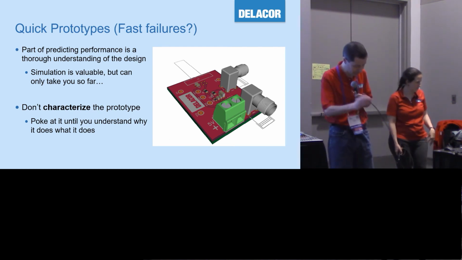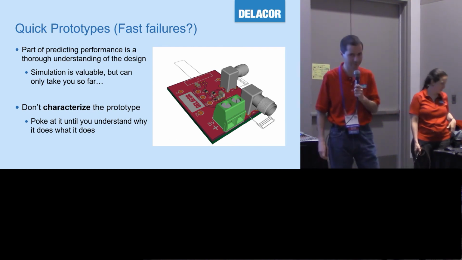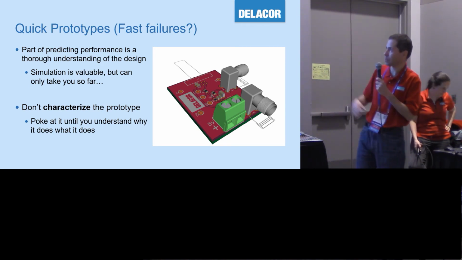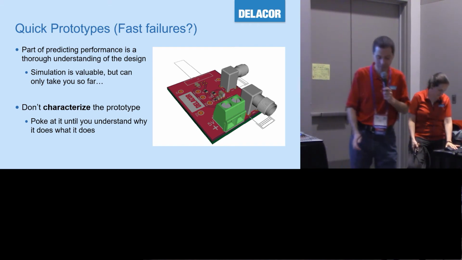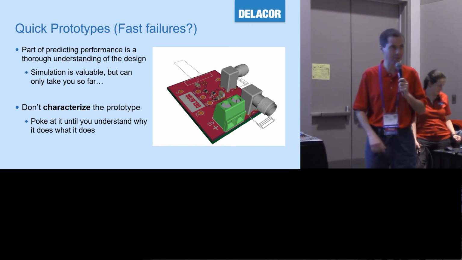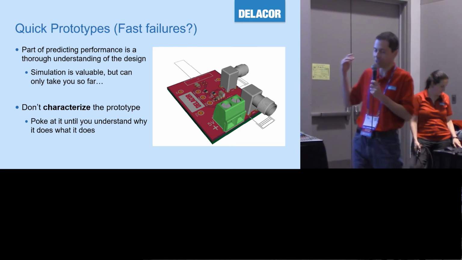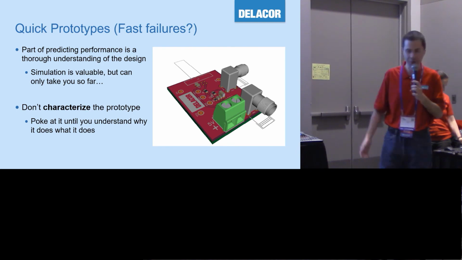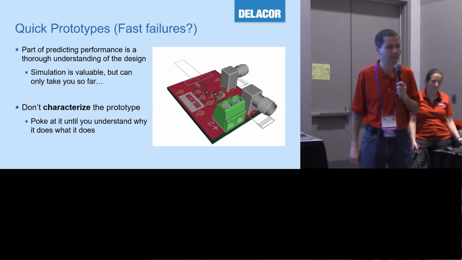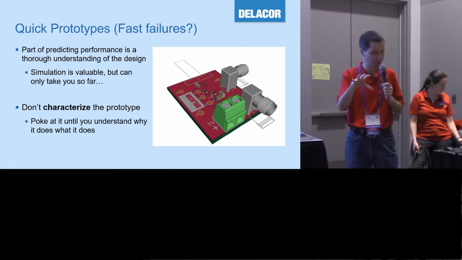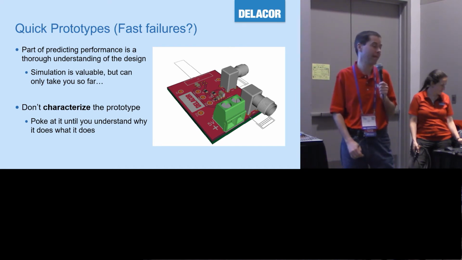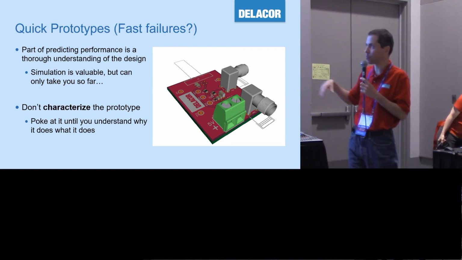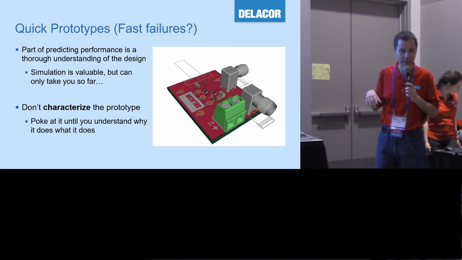So other things we've learned along the way. We've talked about expectations, I guess, enough for today. Some things we've learned is that you can do quick prototypes. In the process of predicting performance and really understanding things, you can use simulation. I'm not sure if some of you use LTspice or some other SPICE of some sort. That can only take you so far. There are so many things that you can simulate. There are some other things that either you're not putting in the model or you didn't know about, where just making a little board can give you a lot of insight.